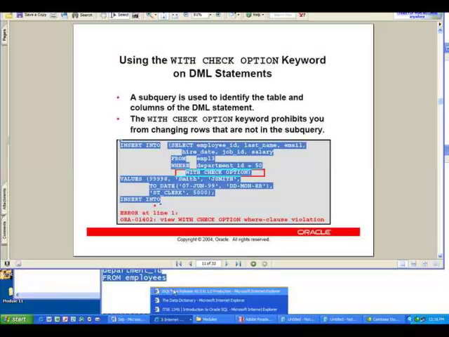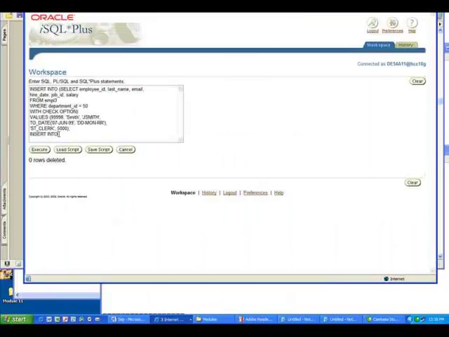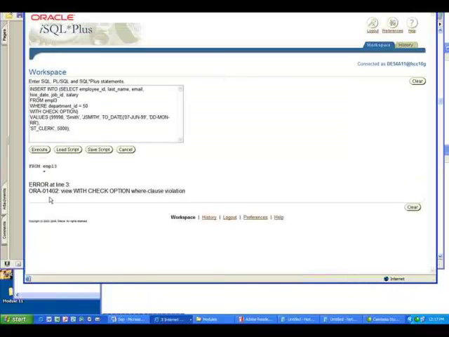Let me fix this problem right here. It shouldn't have this one. I try to insert one row into the employee tree, and that row includes this row, but I do it with the select option. Now I'm putting in the check option. If I execute this one with the check option, it's going to give me an error. If I remove this check option from right here and execute this one,